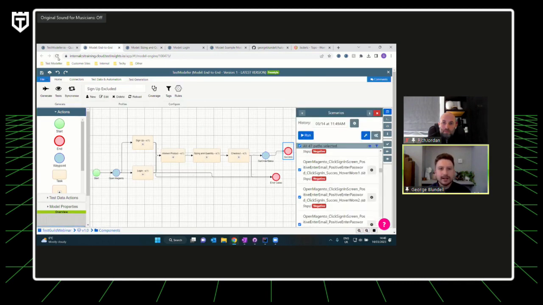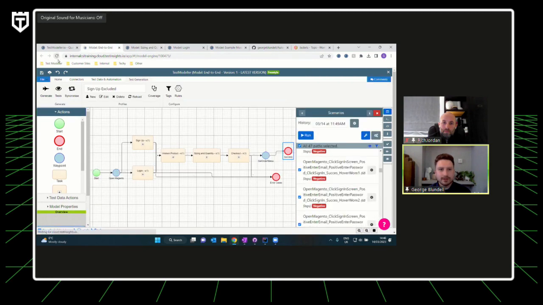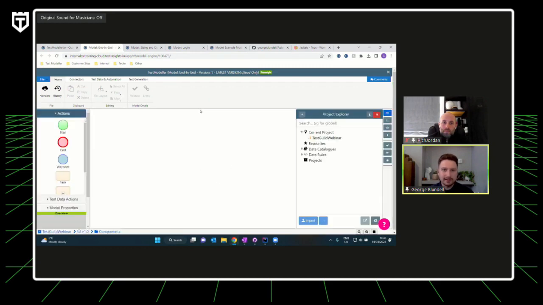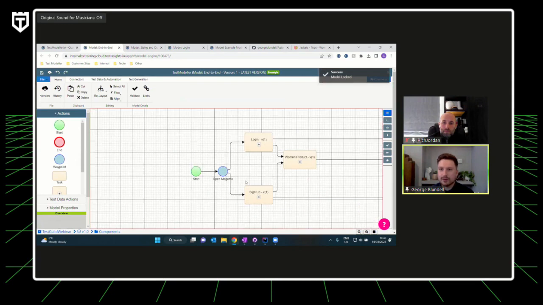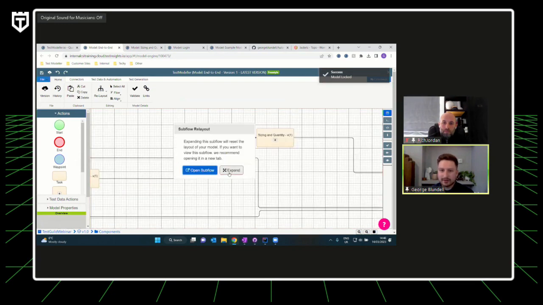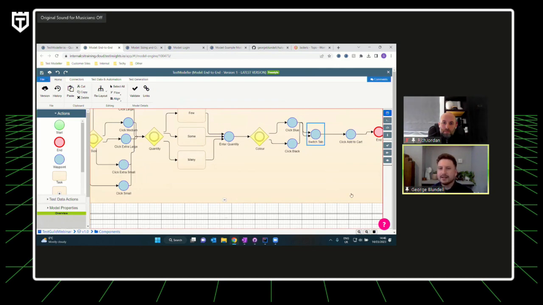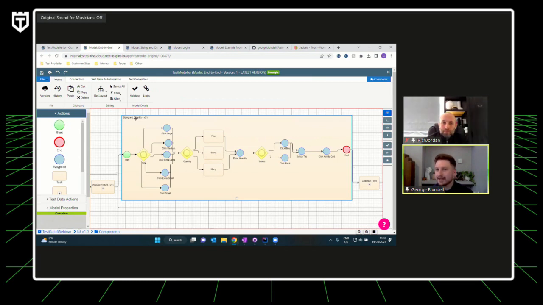So now, if I just refresh my end-to-end model, you will now see that we've considered that change from the sizing and quantity flow. If I expand this, you'll see that now that block has been added, and essentially that means that you can just keep this one asset up to date, and then all of your test cases and all of your test automation can be updated accordingly.